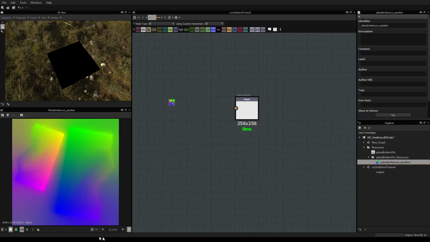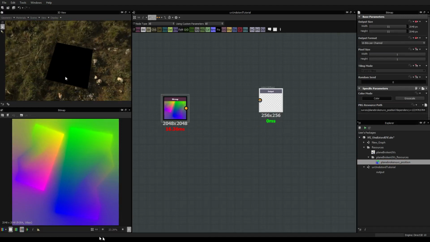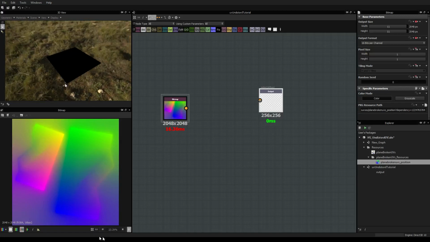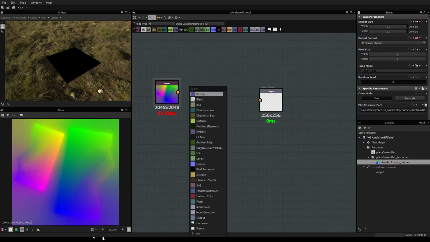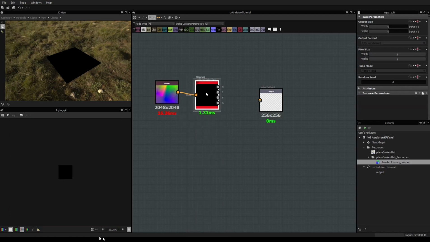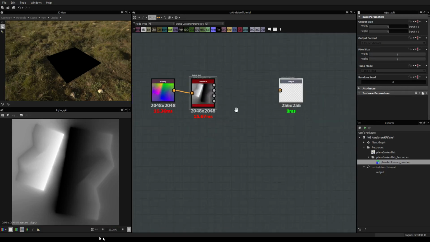Anyway, I take this map, and in our case, as you can see, my plane is flat, really aligned horizontally. So what I need is to take into account these two axes, which are actually the U and V axis. So what I'm going to use is a split, an RGBA split like that. I'm going to plug this in, and what I'm interested in, if I'm not wrong, is the R and G. Let's see that.